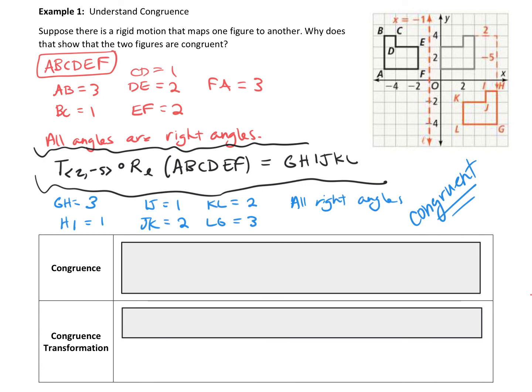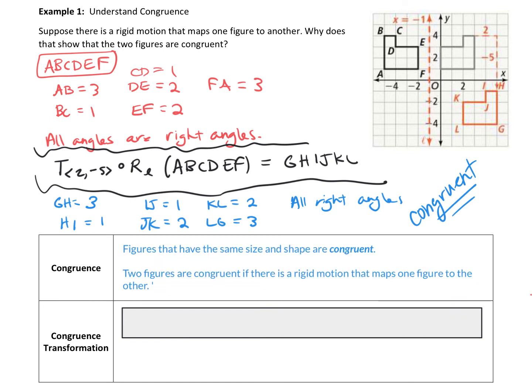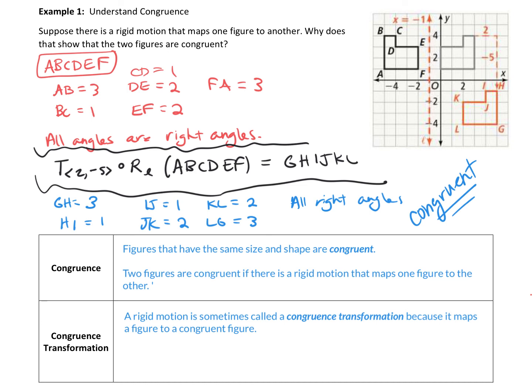Okay, so let's put a couple definitions in our notes. We just showed congruence through a composition of rigid motions. So congruence is figures that have the same size and shape are congruent. Two figures are congruent if there is a rigid motion that maps one figure to the other. Because remember, rigid motion preserves length and angle measure. Congruence transformation. So a rigid motion is sometimes called a congruence transformation because it maps a figure to a congruent